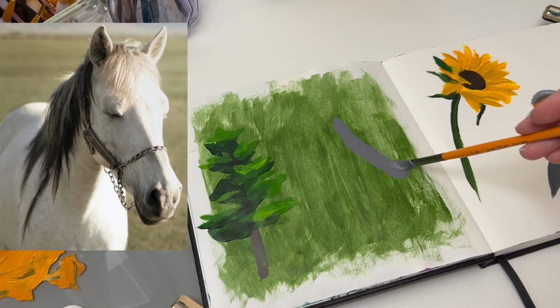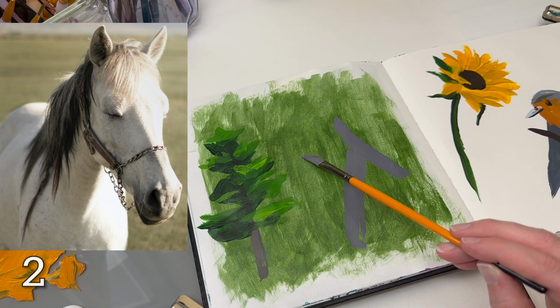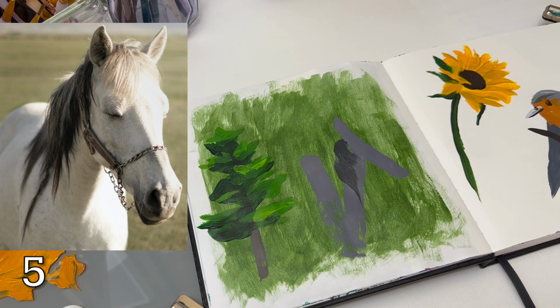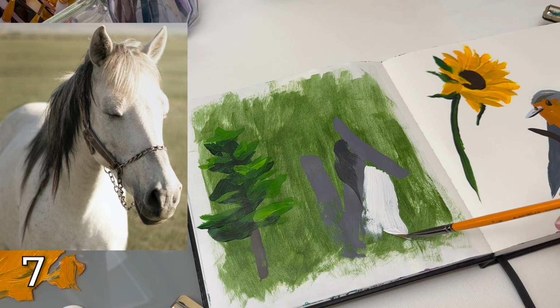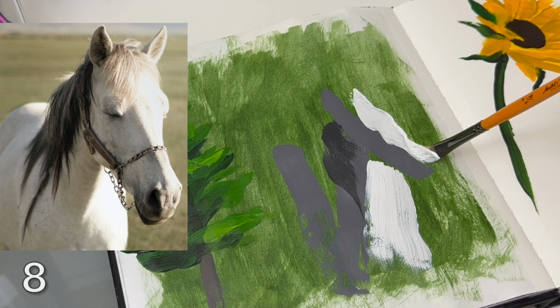Now for the last one. This one was definitely the hardest of all four, and I knew it would be, which is why I put it last. I figured that way I would have enough practice by the time I got to the fourth one. It wouldn't be as difficult, but yeah, no, it was still pretty challenging. And my light and shadow values are just way off. The shadow side of the